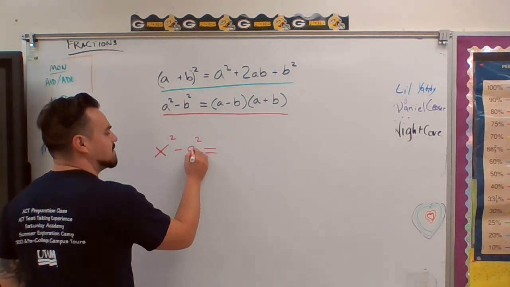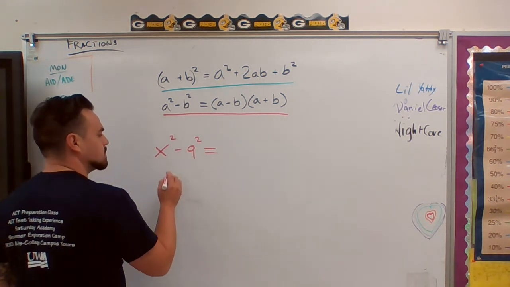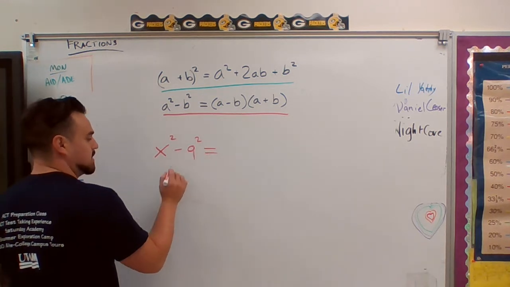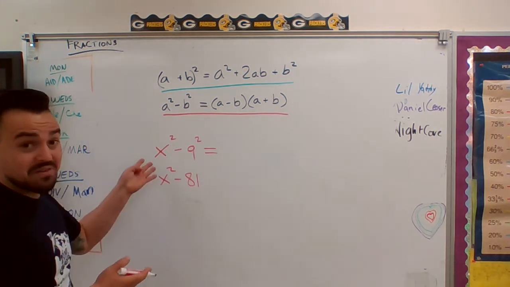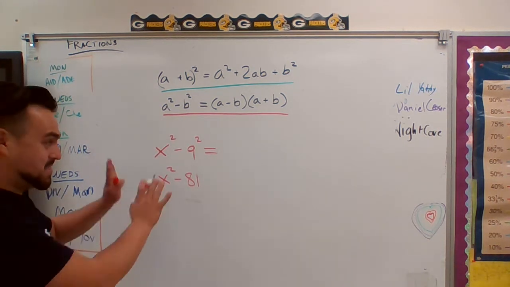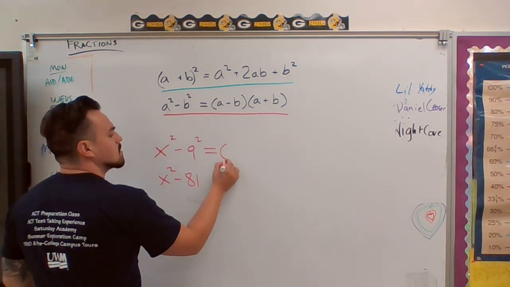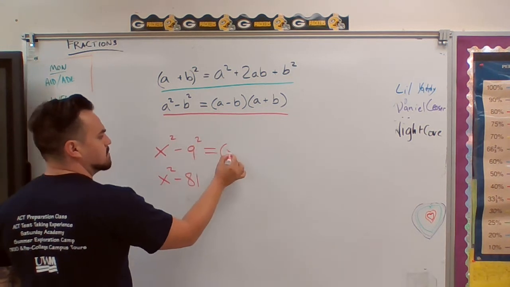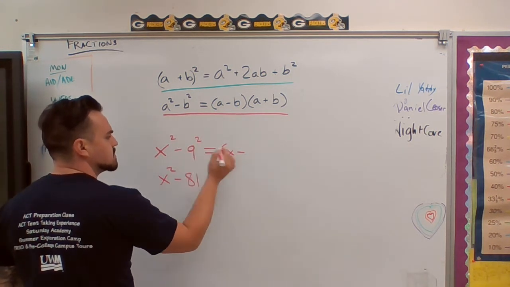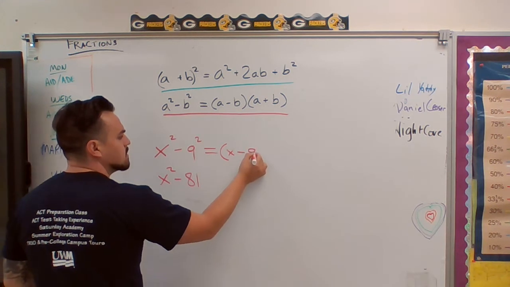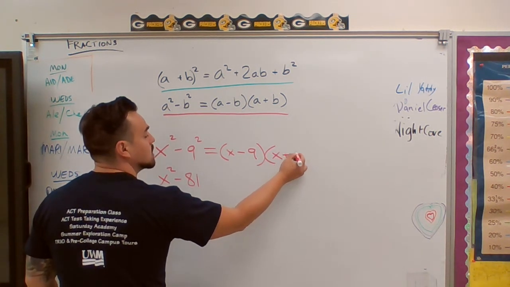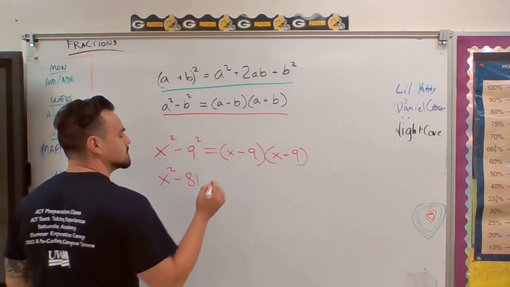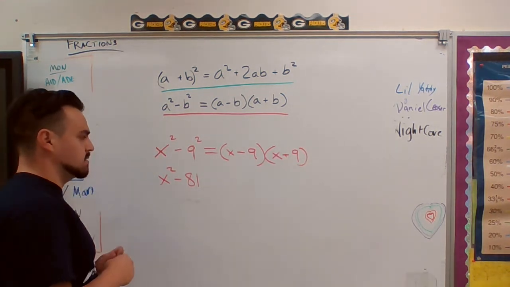Following that, if I have 9 squared there, or you know what, I could also make this x squared minus 81. Another way of thinking about it, just so you know. I would break it down as my x minus my b, and then multiply it by x plus my b. And they should be equivalent